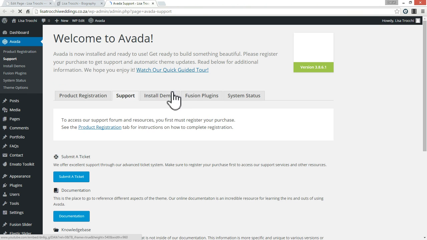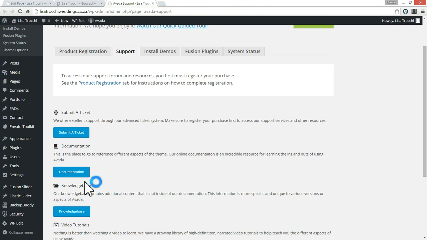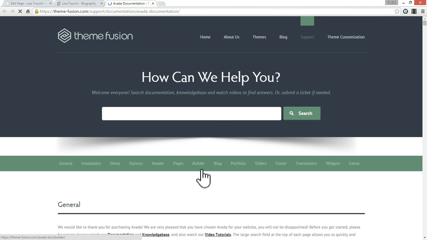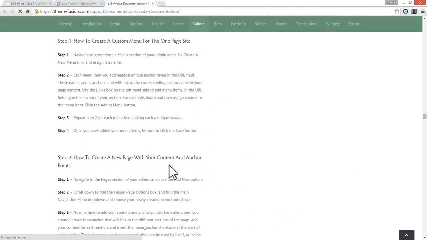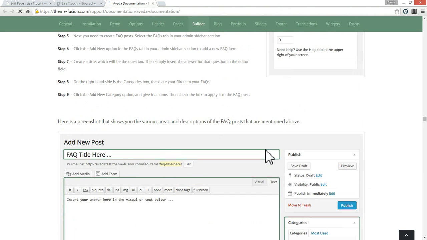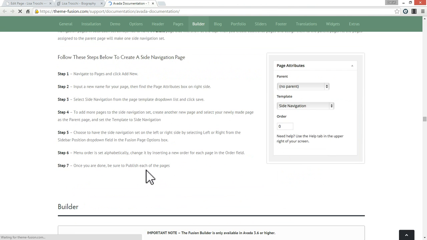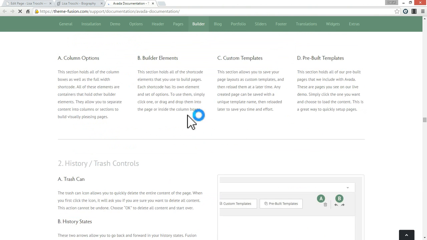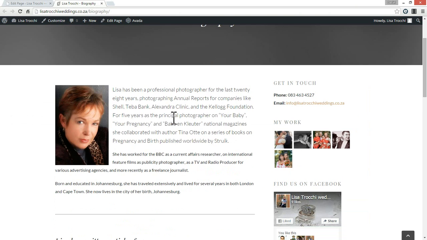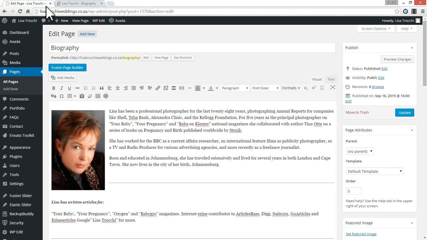there's going to be lots of documentation on how to create these types of layouts. For example, let's go to Builder and how to use Builder. Okay, so there's quite a lot of information here, but it's quite in-depth. Okay, but for now, let's just say we want to do some simple things, simple edits to this